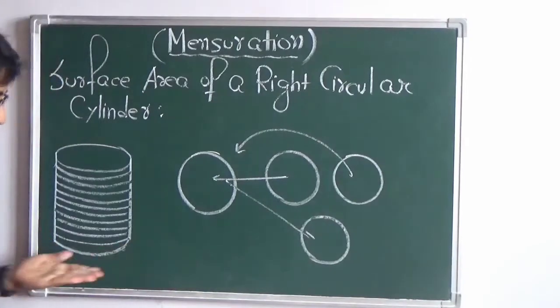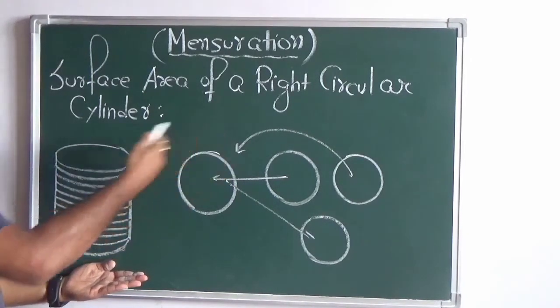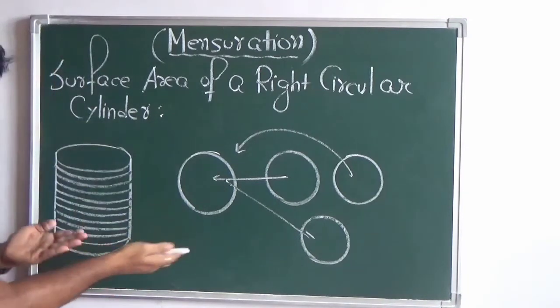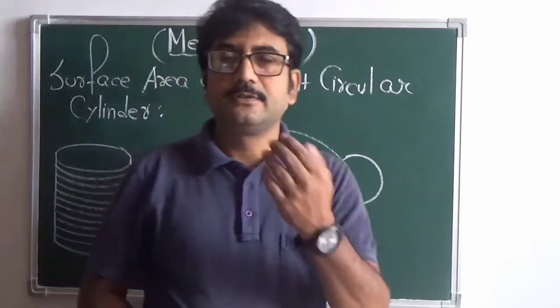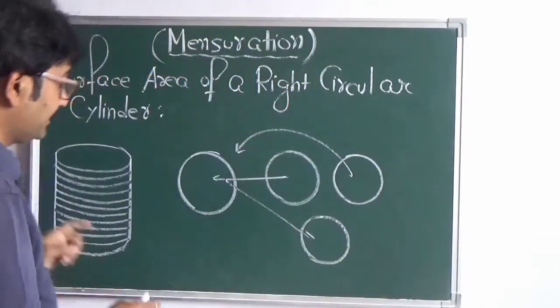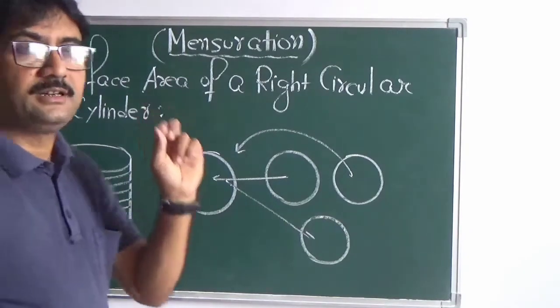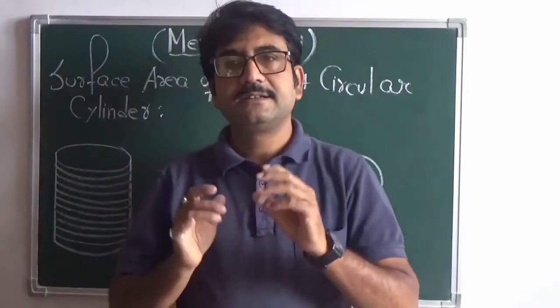See, this is the base and this is the stack of these circular sheet of papers. So this is in this direction and the base is in this direction. So they are perpendicular to each other. So it is called, they are kept at right angles. And also at the same time the base is circular and hence it is called a right circular cylinder.